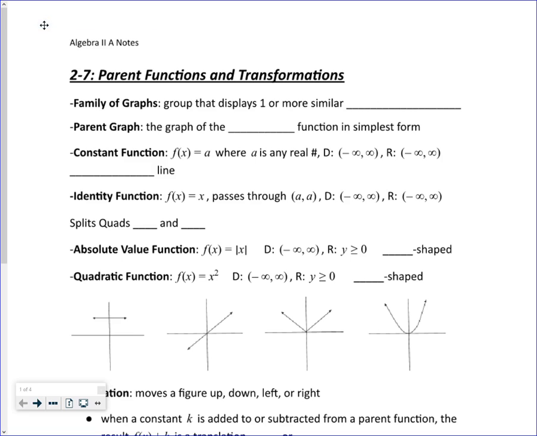Okay. We're talking about 2-7 parent functions and transformations today. I don't think you guys have ever done this before, or if you have, it's not been done this way. So a parent function